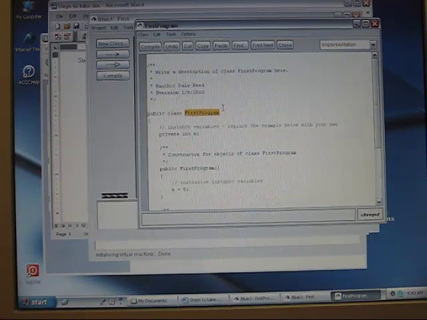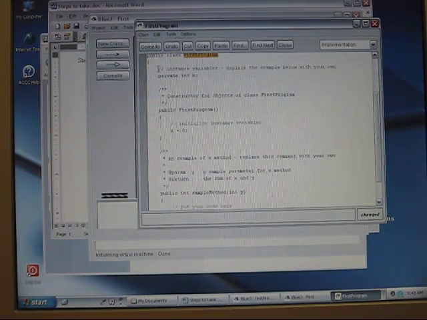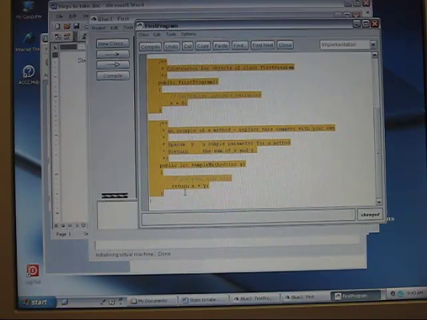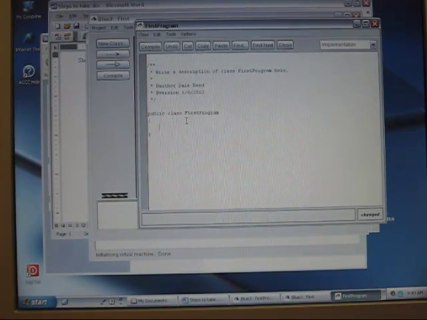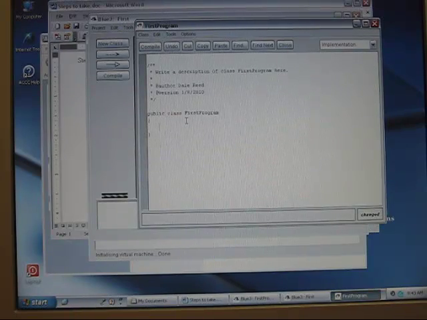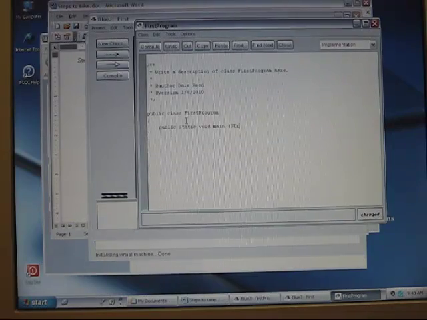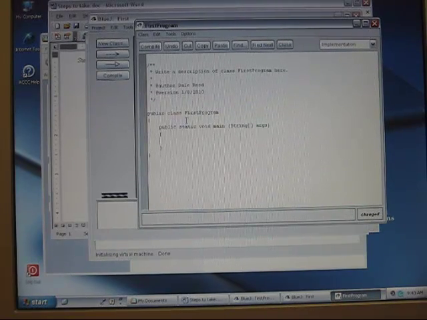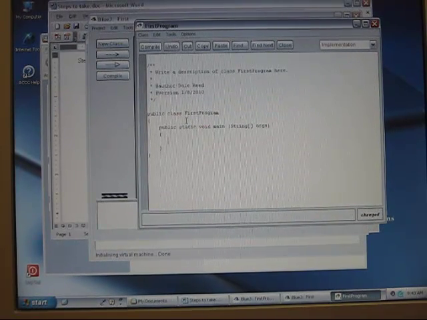This name, First Program, corresponds to the name we gave it a moment ago. All this stuff for now you can erase, and we'll type in our own here within this. So I highlighted it and then just hit backspace to delete it. So we're going to say public static void main, and then string, square brackets, args. This is a magic formula that you're going to have to memorize. Sorry about that, but that's the way it is. I put the opening and closing braces to line up together, and now inside of this we'll put a single line of code,